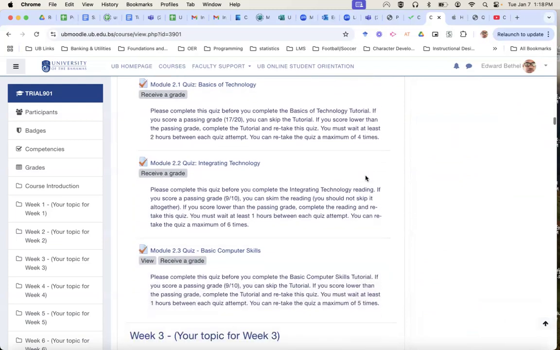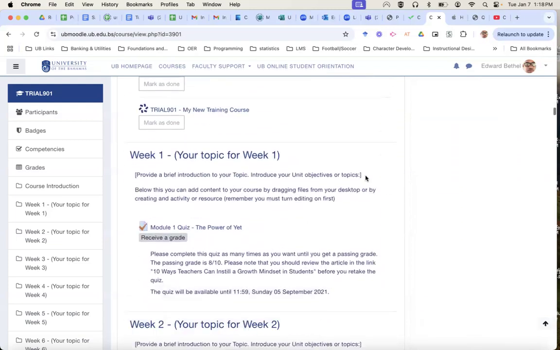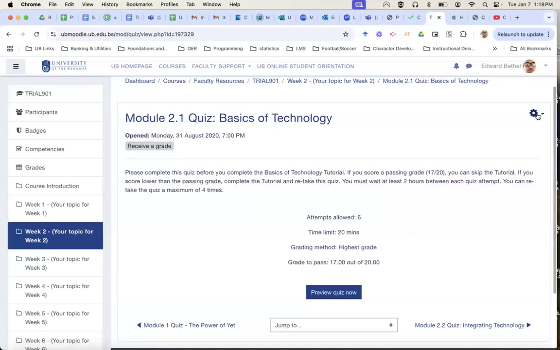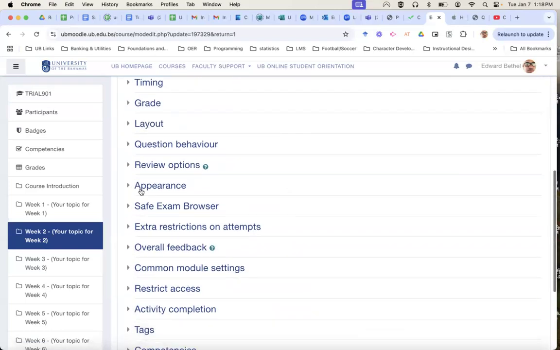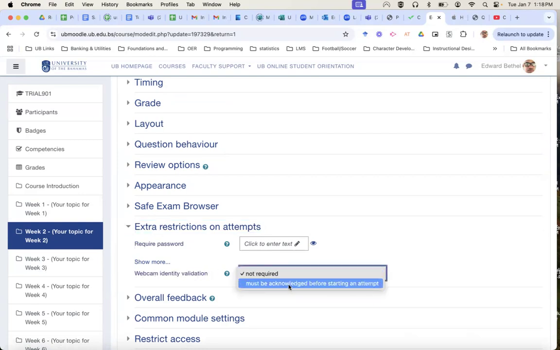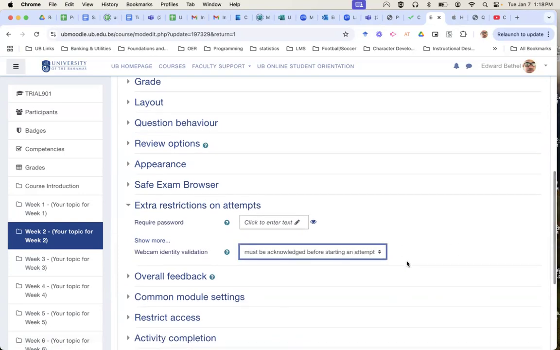The other way, and remember I said you cannot use those together, so I'm going to go into a different quiz now to show you the second way, and that is to use the webcam proctoring. You go down to extra restrictions on attempts, select where it says webcam identity validation, select must be acknowledged before starting an attempt. What that means is